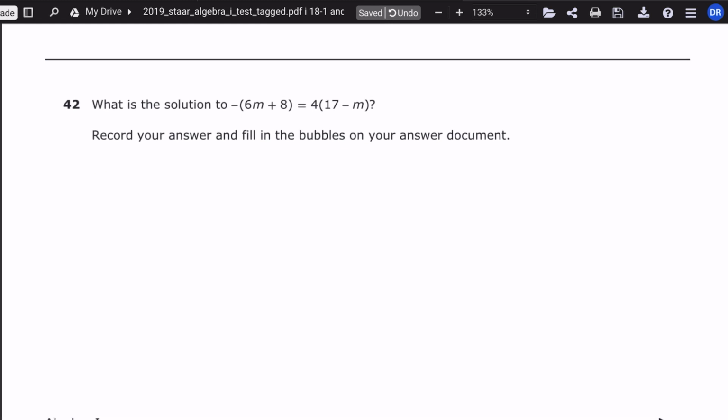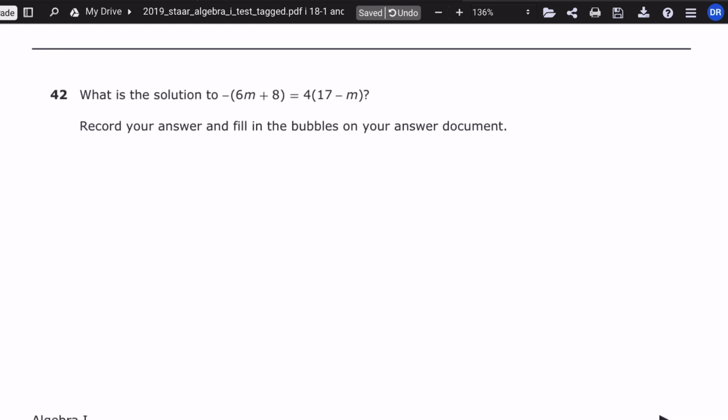Next, 42nd one. What is the solution to minus 1 into 6m plus 8 equal to 4 into 17 minus m? Record your answer and fill in the bubbles on your answer document. So now I am taking this minus sign inside the brackets. Minus 6m minus 8 is equal to 4 17s are 68, 4 m's are 4m, it is